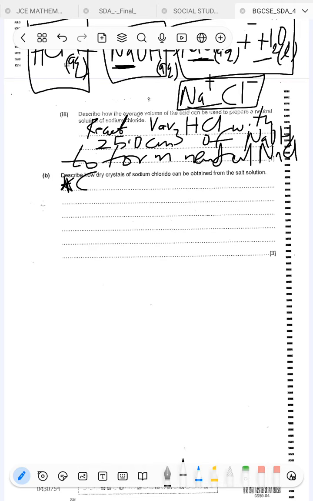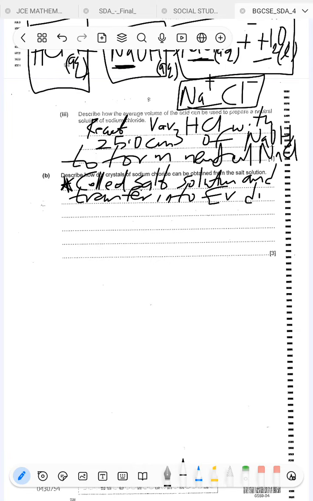So we're going to collect our salt solution and transfer it. It's really important to mention some of the apparatus that we're going to be using, into an evaporating dish. So you're going to collect the aqueous salt or the salt solution and transfer into the evaporating dish. Now heat the aqueous salt or the salt solution